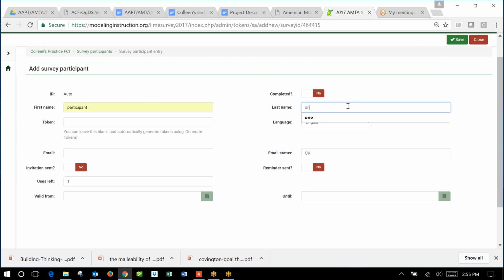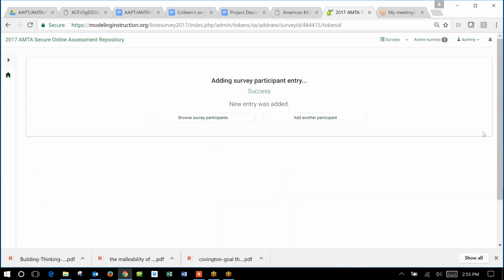Add participant 1, and all you need to do to add a participant is to enter a first name, a last name, and an email address. There are other fields. You don't need to use them. Once you've done that, click Save. If you're going to enter 25 workshop participants, it's going to take you a while to do it this way. You can do it this way, just click Add Another Participant, or you can go back to that summary page